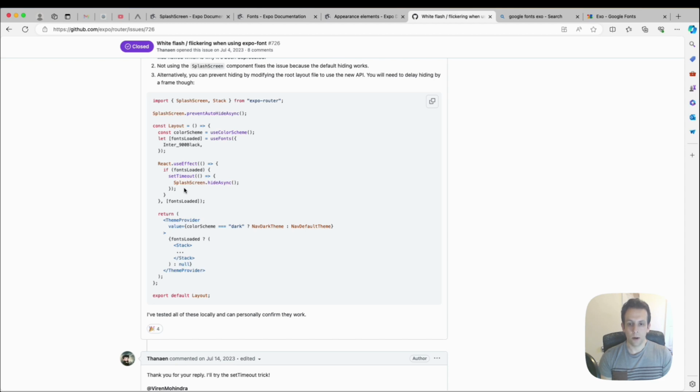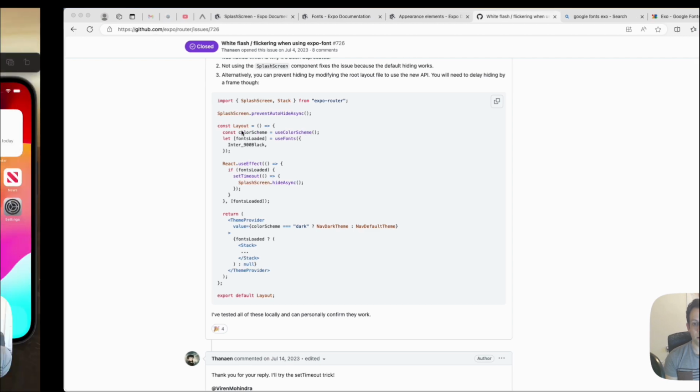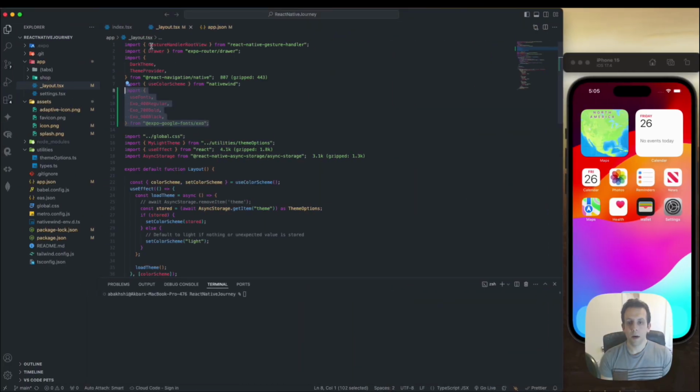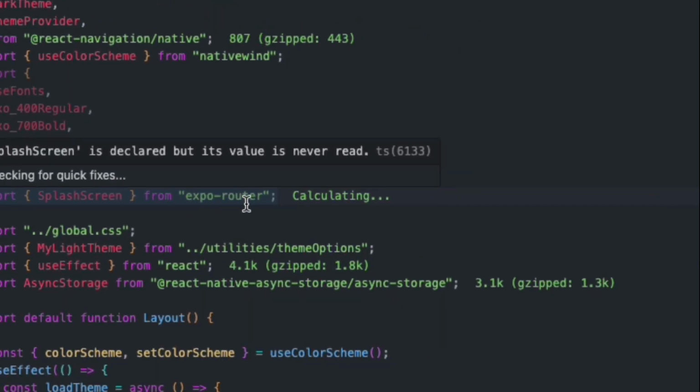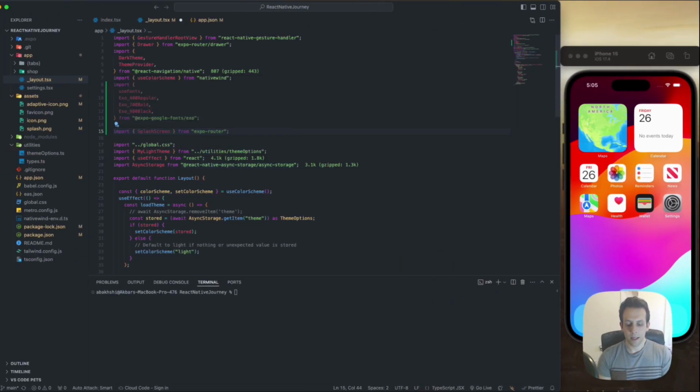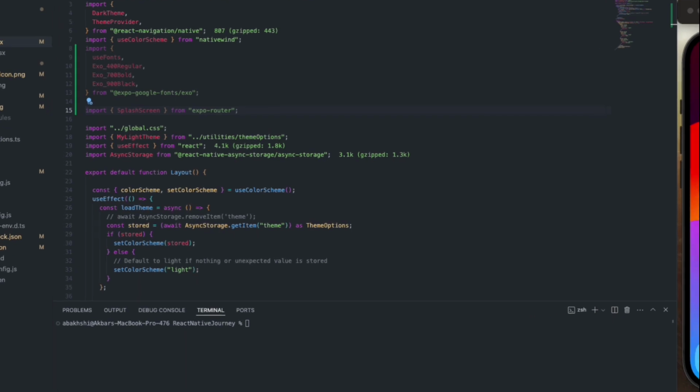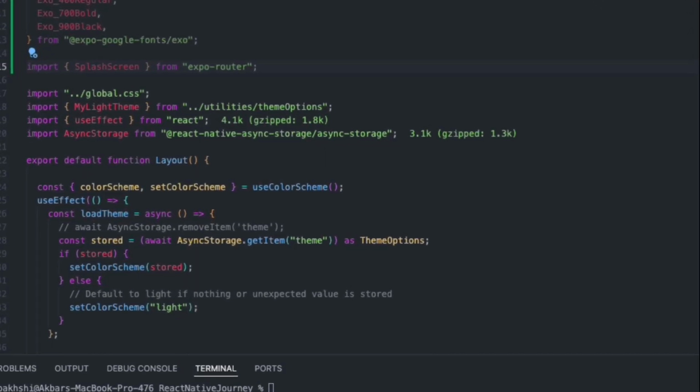So what I'm going to do is follow the same thing. I need to bring splash screen from Expo router in my layout.tsx file as well. I have that over here, and then the next thing we want to do is to add the splash